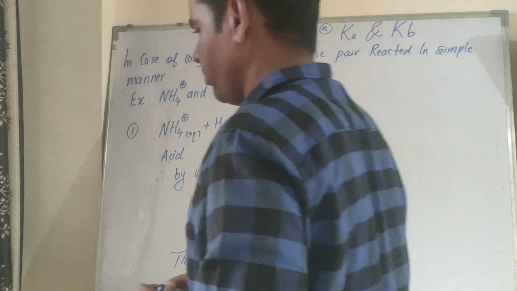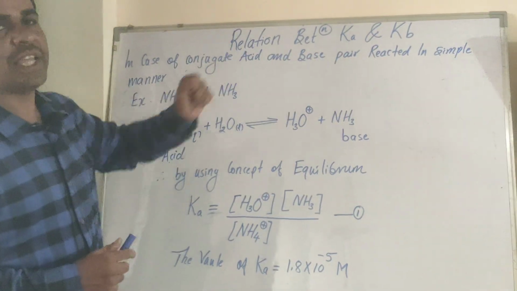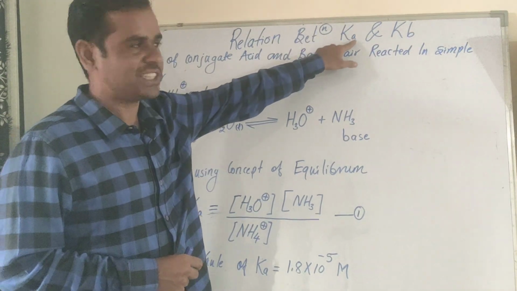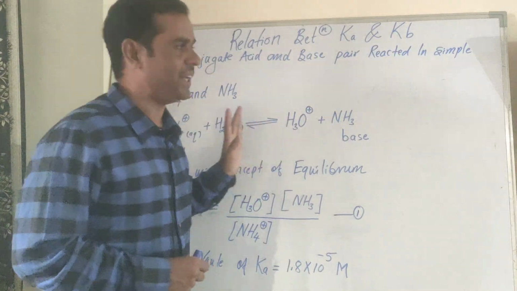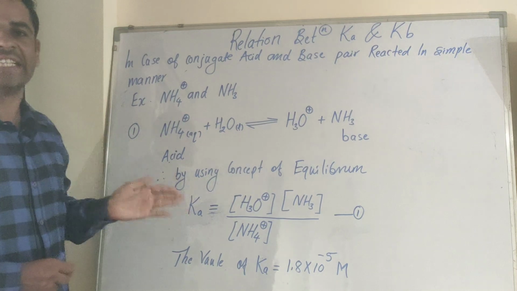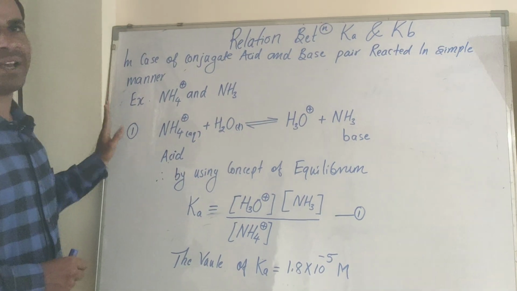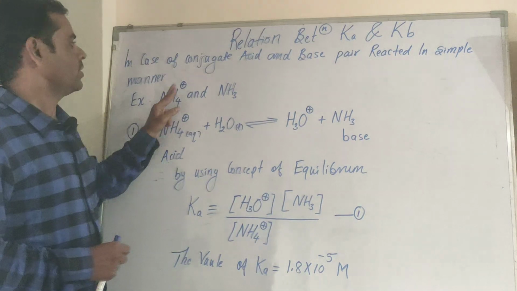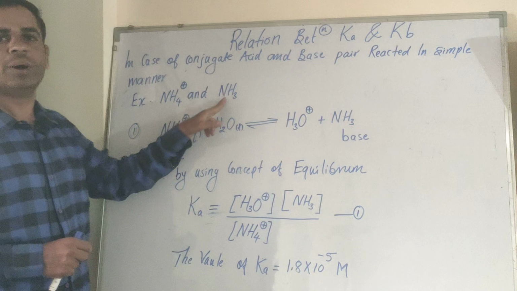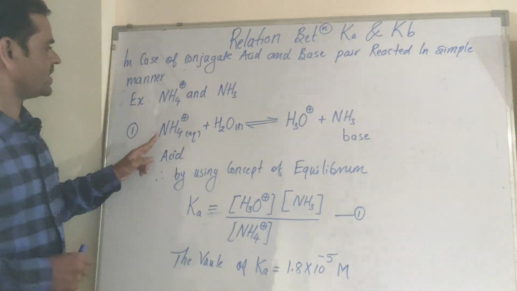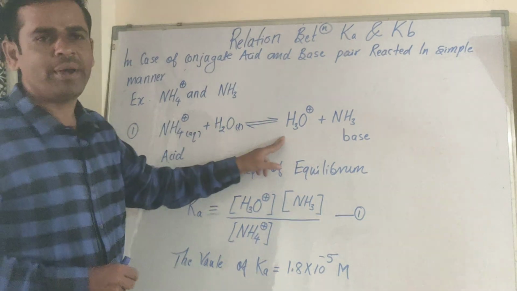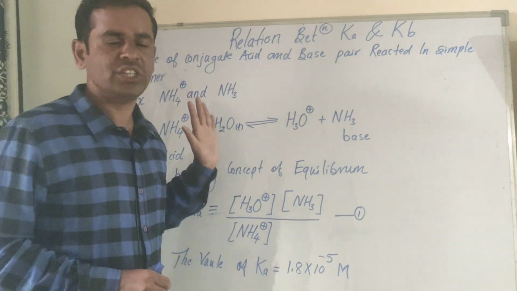Well, we have the relation between Ka and Kb, the equilibrium constant for acid and the equilibrium constant for base. In the case of a conjugate acid-base pair, in a simple manner, you can say NH4 positive and NH3, which is an acid and a base. So dissociation of this acid: NH4 dissolved in water forms H3O positive and NH3,